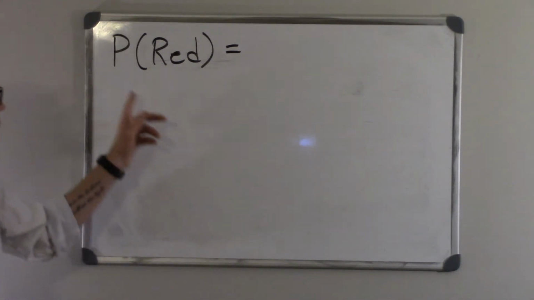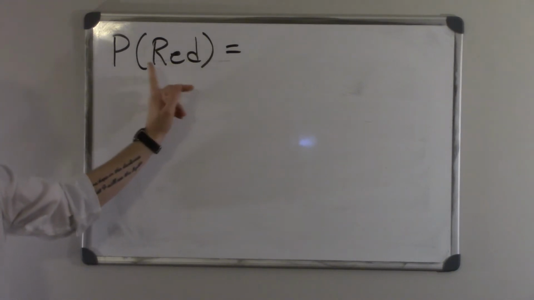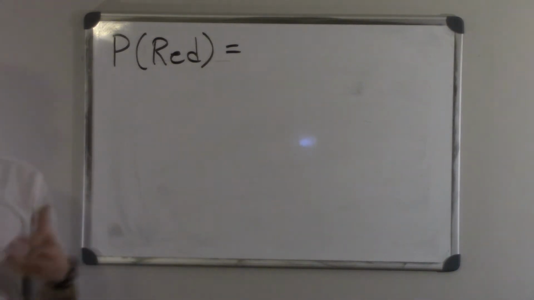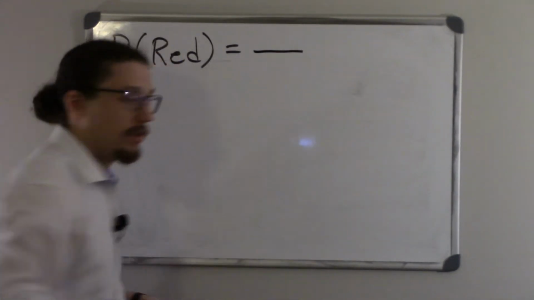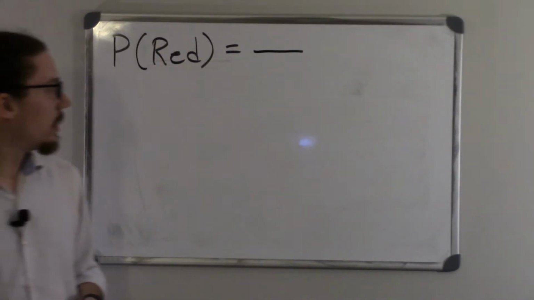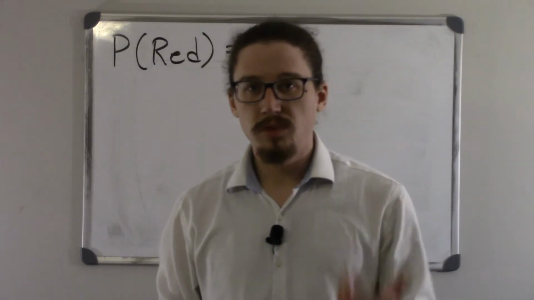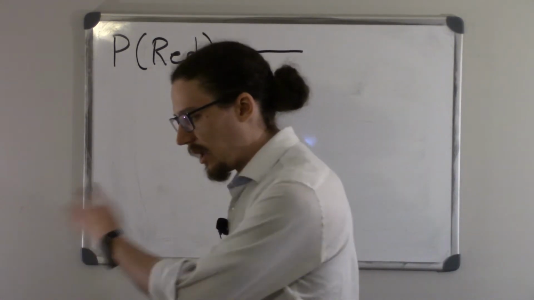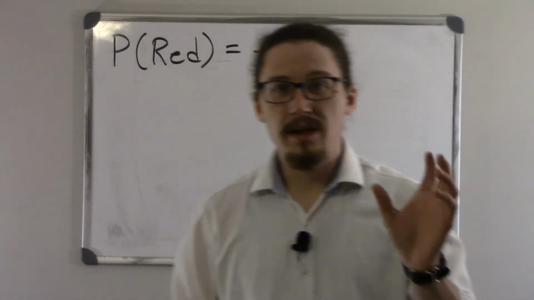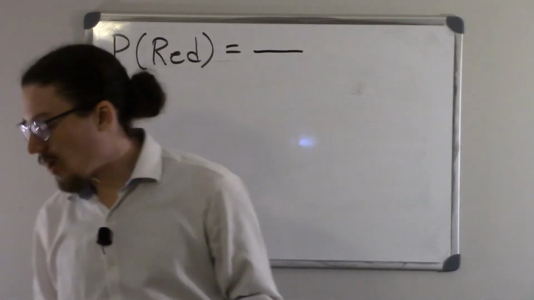All right, so P, open parentheses, red, close parentheses. What does that equal? How are we going to figure that out? If we're going to use that classical approach, we're going to look and say, well, how many observations are in red? How many observations are in my event? So if we already did the adding up of that row, we can see that there are 97